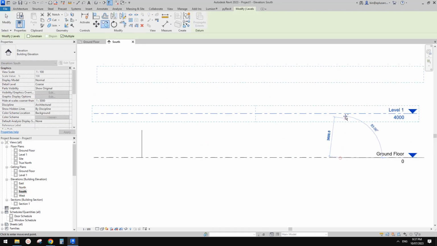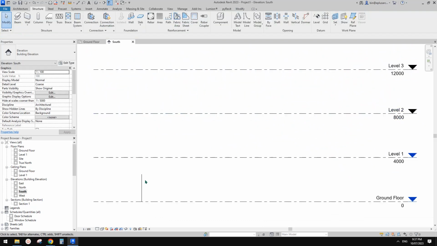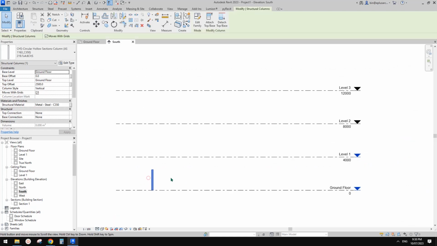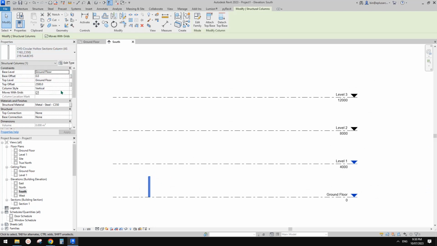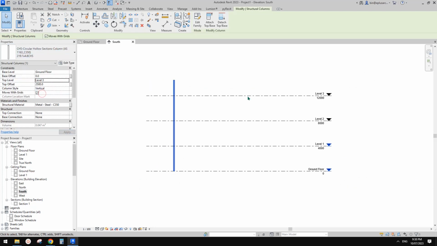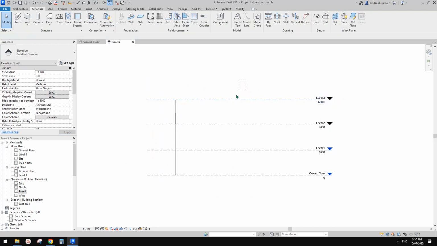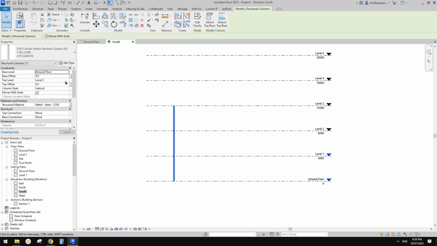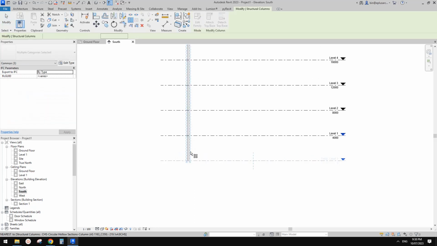I'm just going to copy this one a couple of times. So make level 3, so I can select this one. Currently it's detail coarse, so you only see a line. If we change the median, you can see the profile, the width. So I'm going to change this one to top at level 3 without offset. Okay, so that's maybe just another 2. Change this one to level 5. Okay, so I might just array this